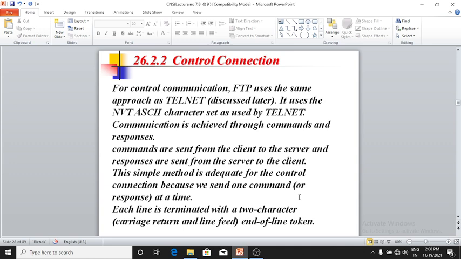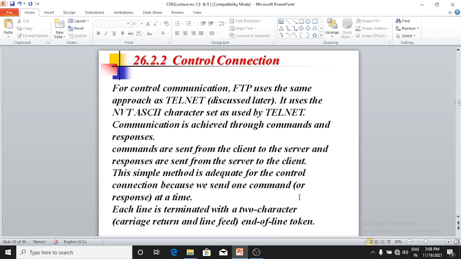Okay. Next is the control connection. For control communication, FTP uses the same approach as Telnet, which is discussed later. It uses the NVT-ASCII character set as used by Telnet. Communication is achieved through commands and responses.